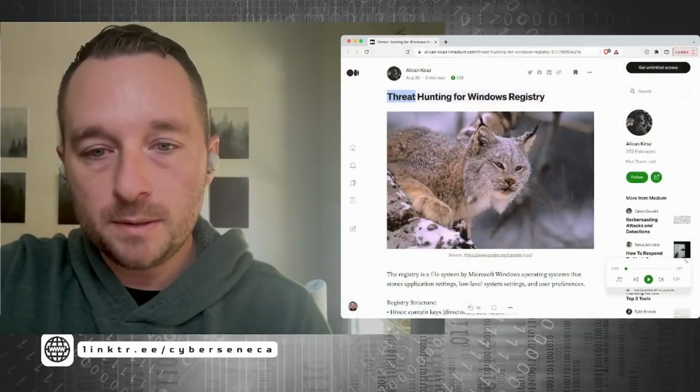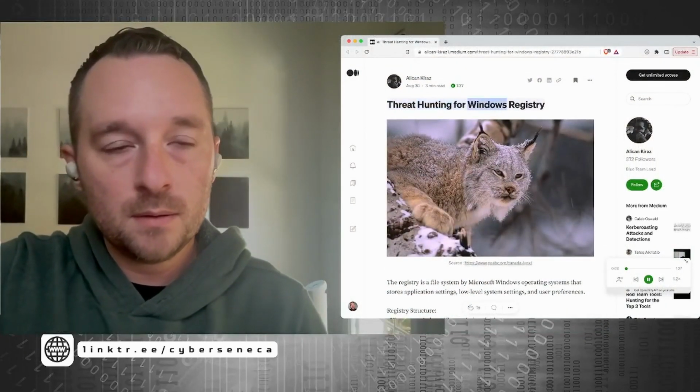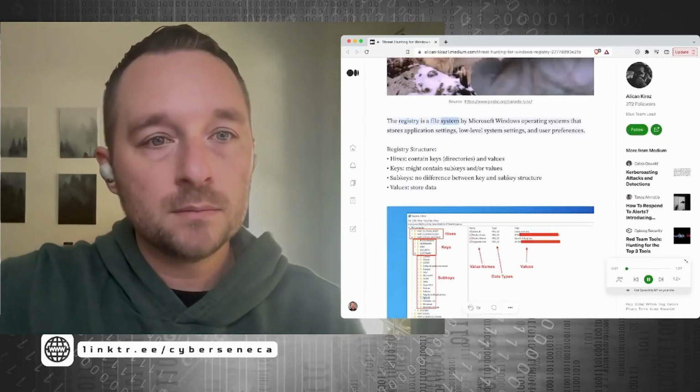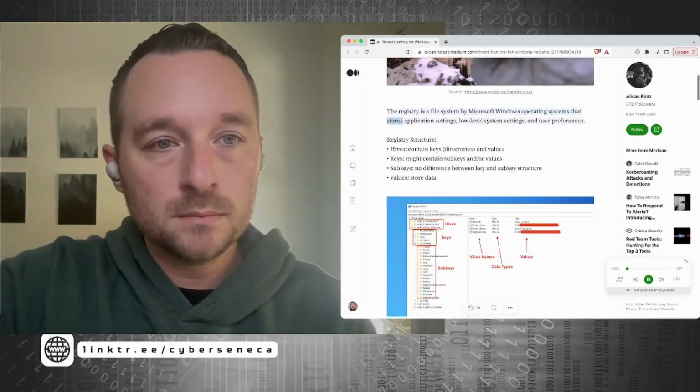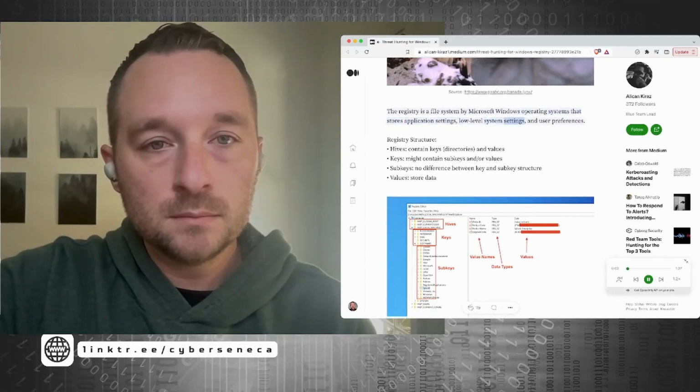We are going to take a deep dive into an article about threat hunting in the Windows Registry. Let's get started. Threat hunting for Windows Registry. The registry is a file system used by Microsoft Windows operating systems that stores application settings, low-level system settings, and user